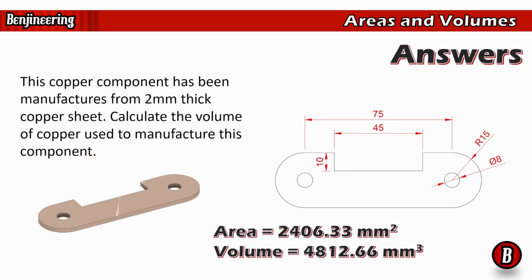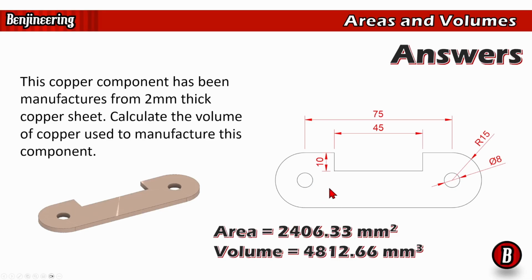So here we've got that same kind of trip up as last time where we've been given a diameter. And also, the other thing that trips people up is the fact there are two circles cut out here. So what people will tend to do is they'll calculate the area of this circle and take it away from the area of the face, but they'll forget there's two of them. So they'll forget to take this one away as well. All right. So let's have a look. The area is